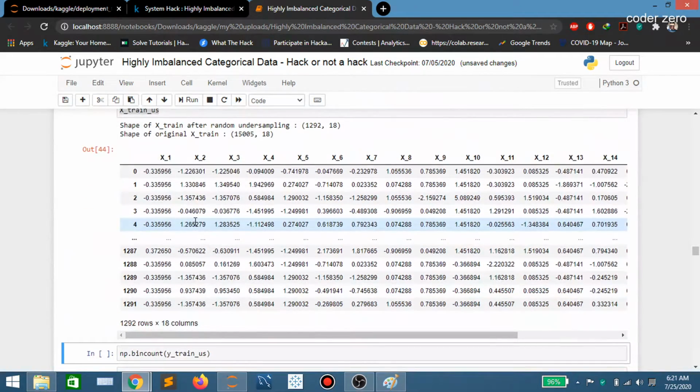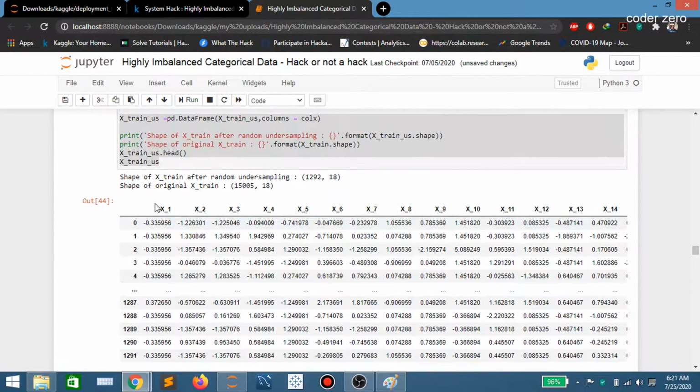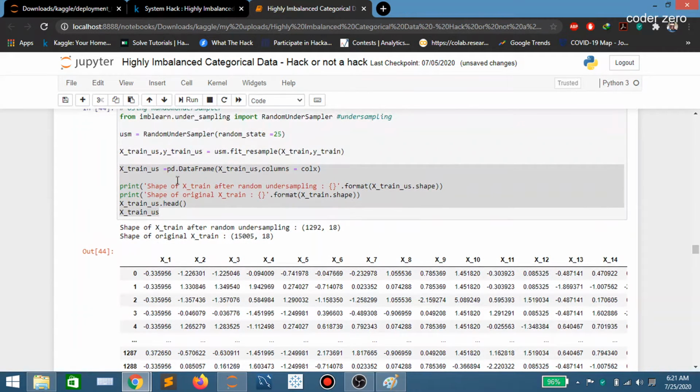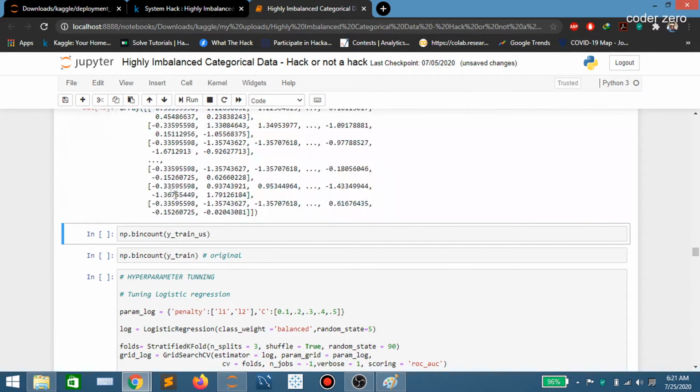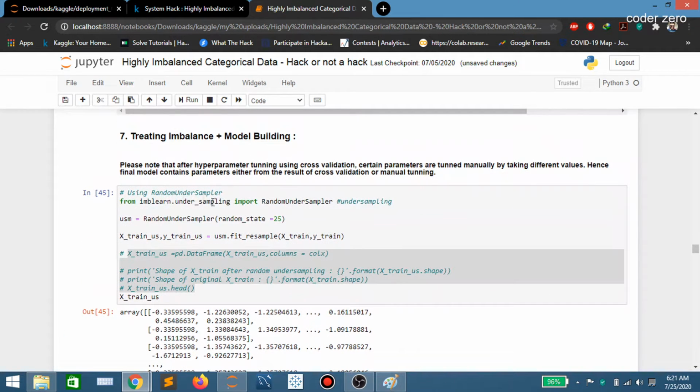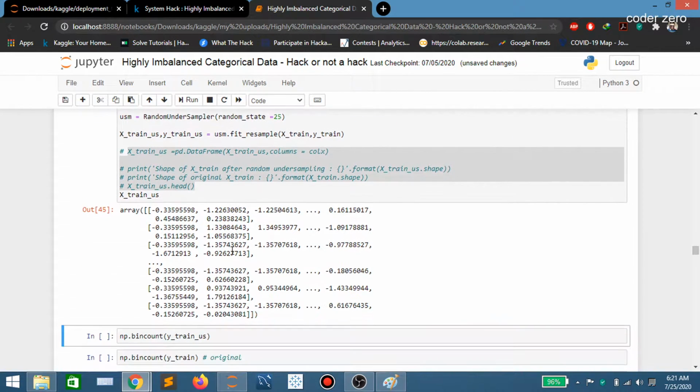So guys, here you can see we have our output from the random sampler. We are creating a data frame separately, because if you don't do this, you will be getting a 2D array from the random sampler. So we have created the data frame separately after using the random sampler.